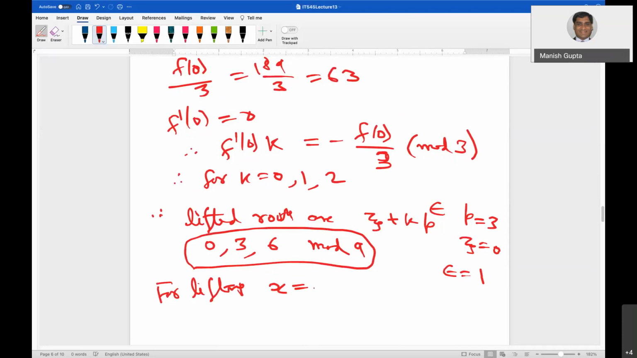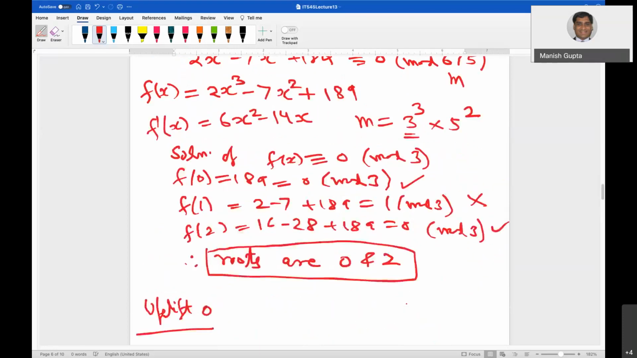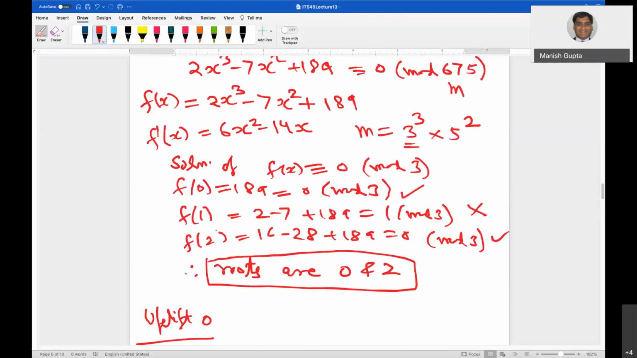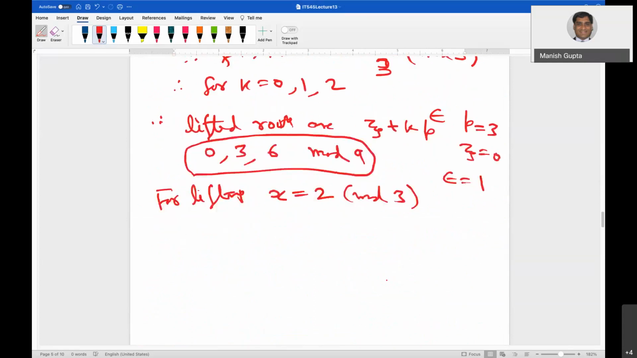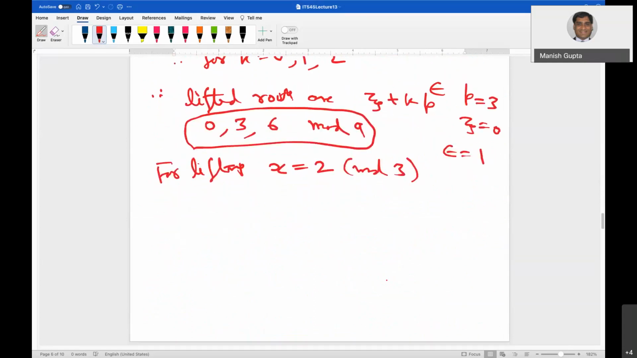root x is equal to 2 mod 3. So remember there were two roots here, 0 and 2. 0 we uplifted, so we got roots 0, 3, 6 modulo 9, and 2 you will uplift and then we will check what we are going to get. Okay. So for lifting the root x equal to 2 mod 3, actually we will be having,